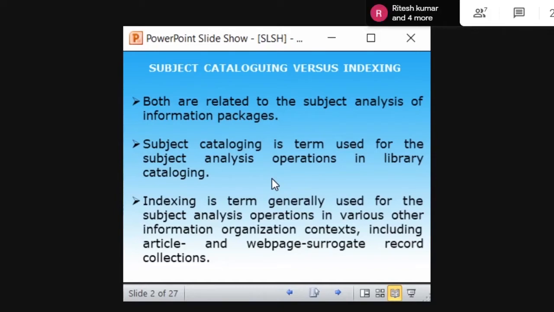Okay, so remember, both are doing the part of subject analysis. So when you see a title, Applications of Quantum Mechanics, you know that, oh, this book definitely comes under physics. So when you want to index the content in the book, you have to read what the book is talking about. Then you prepare a list of keywords based on indexing techniques, let it be precise or chain indexing or whatever it may be, right?